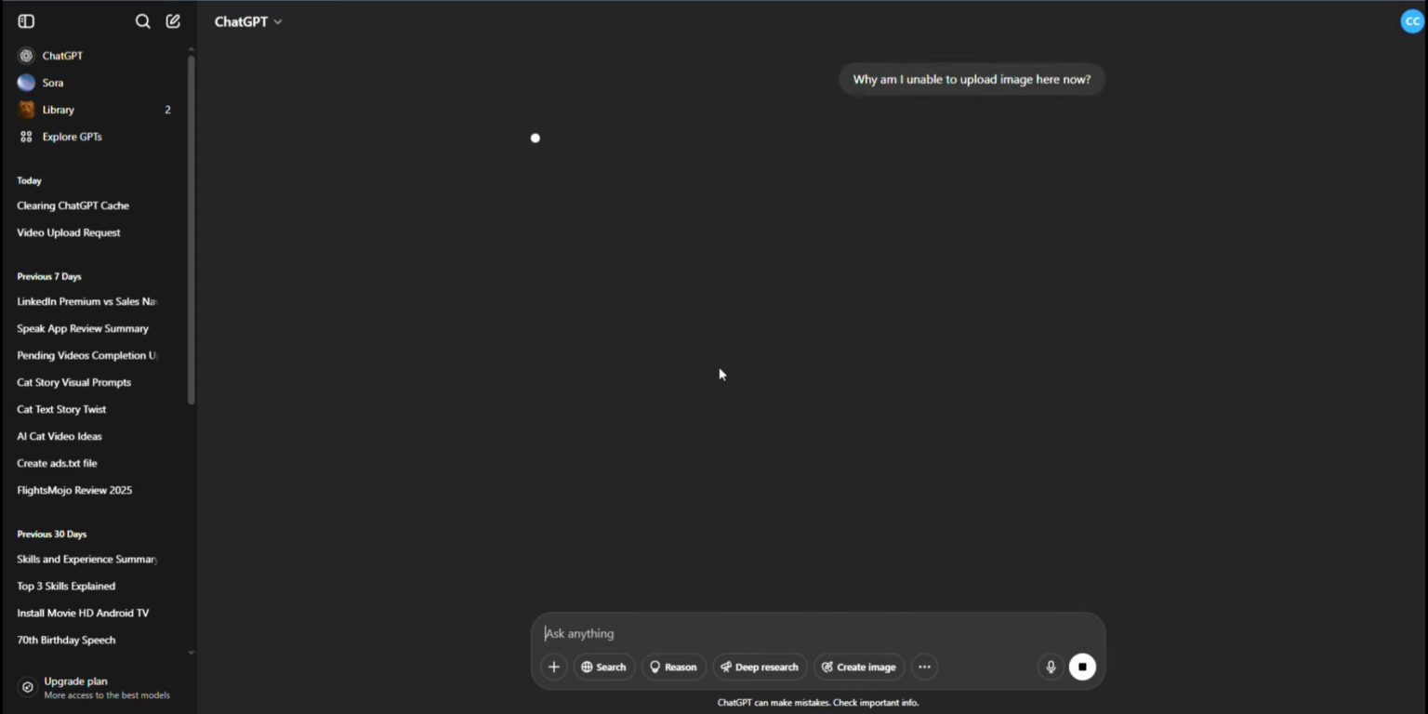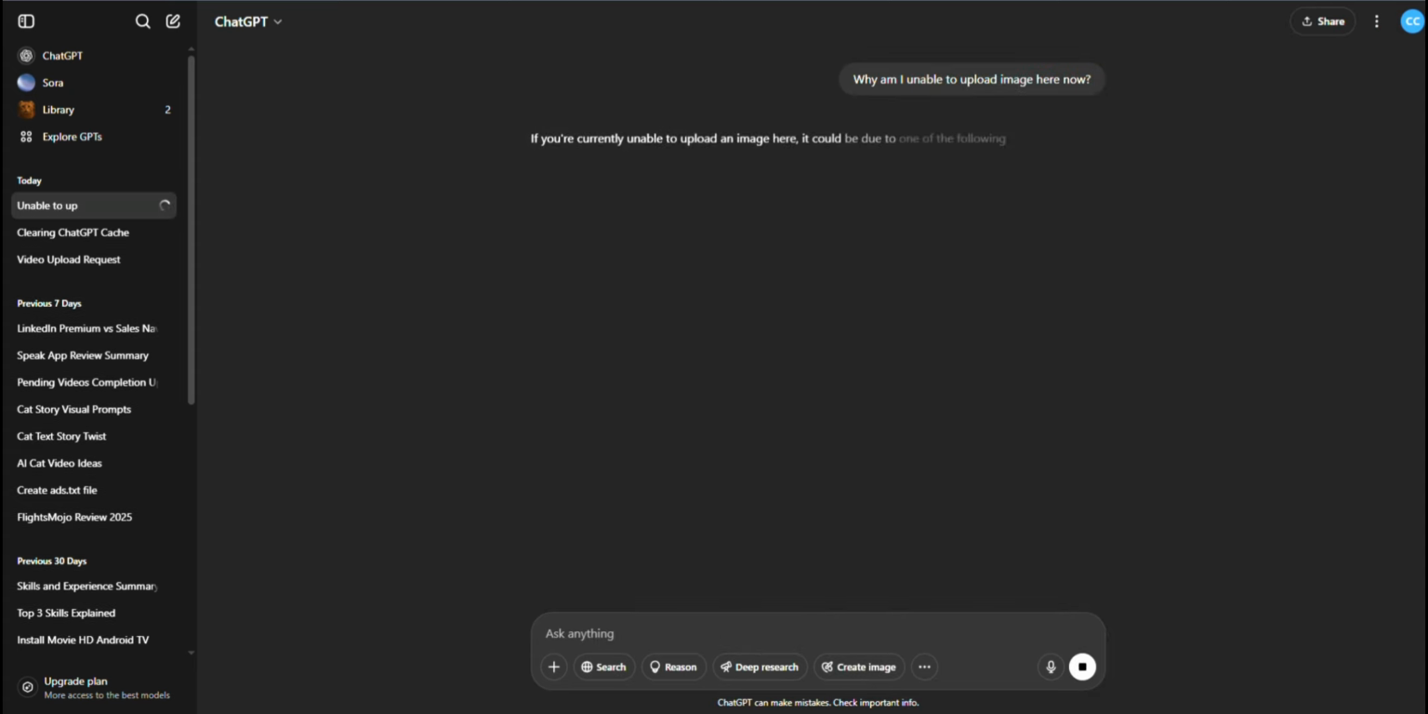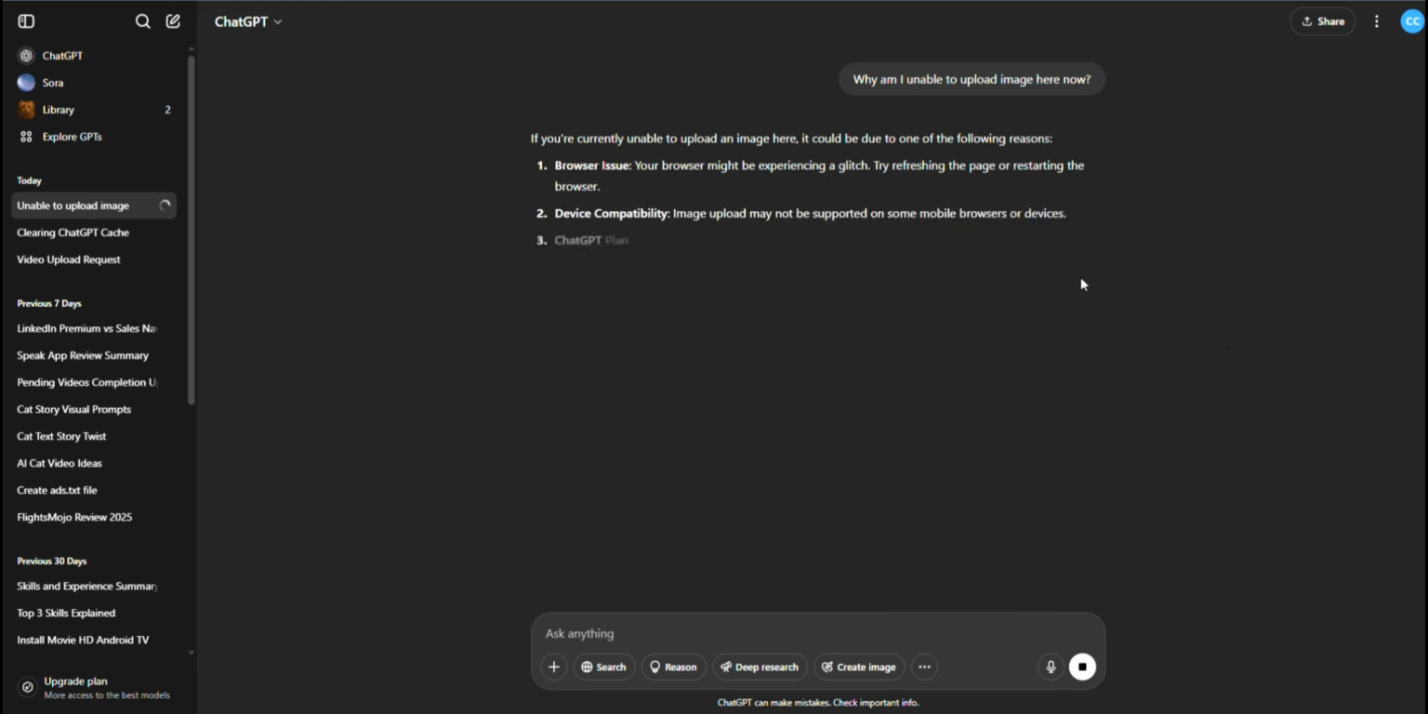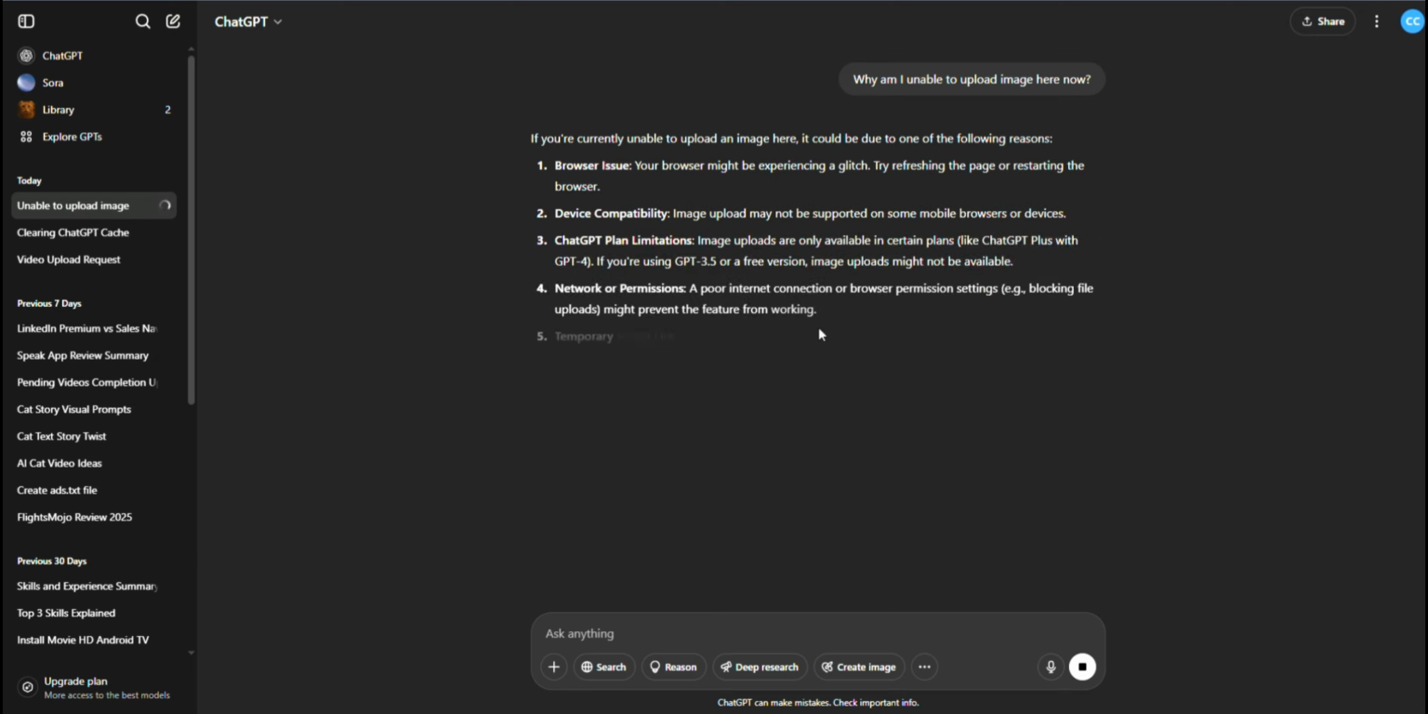The first thing to check is your internet connection. A slow or unstable connection can prevent files from uploading, so make sure you're connected to a reliable Wi-Fi or mobile network. If your internet is fine and you're still facing the issue, the next thing to look at is